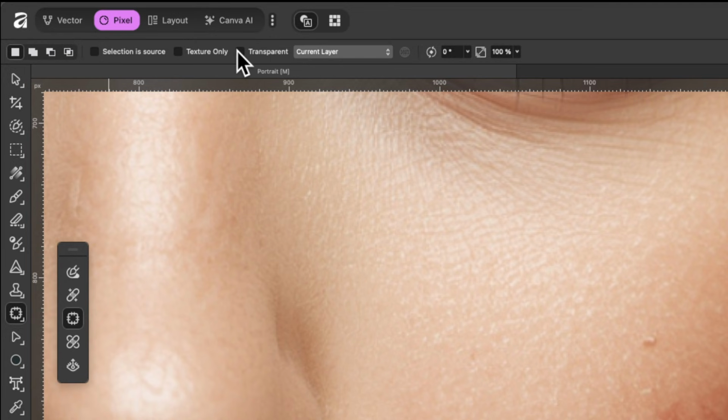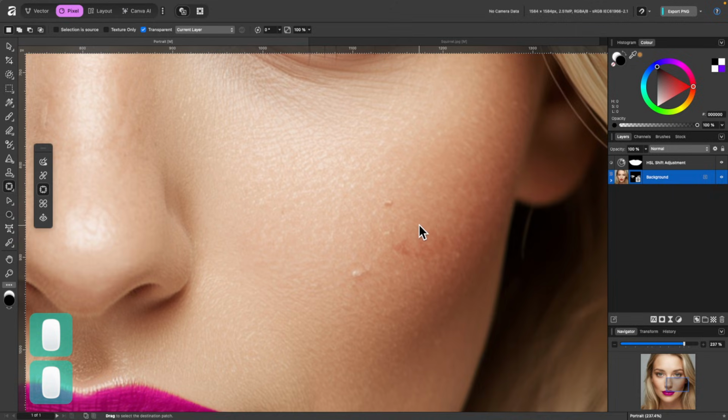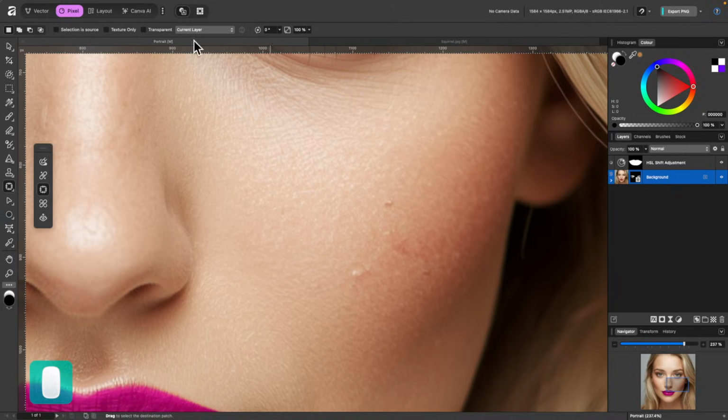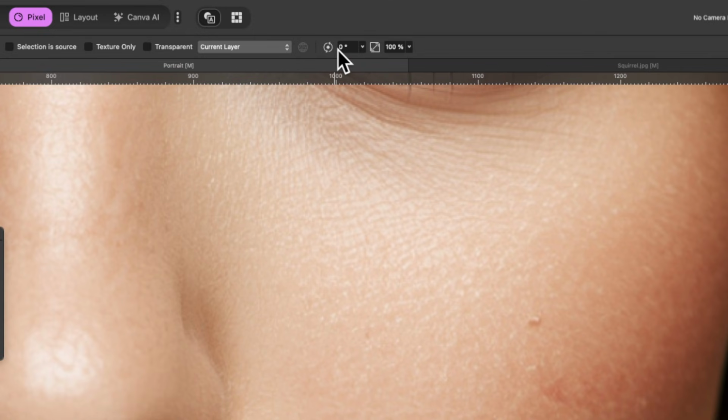And the last one is transparent. So if I click on that, I'll make the same selection again. Again, it's kind of semi-transparent there. And you can kind of replace, there we go, that looks even worse. So have fun playing around with that. And of course, up here, you have the rotation and the scale, just like I showed you before, where you can use the arrow keys to increase the size or rotate left and right.